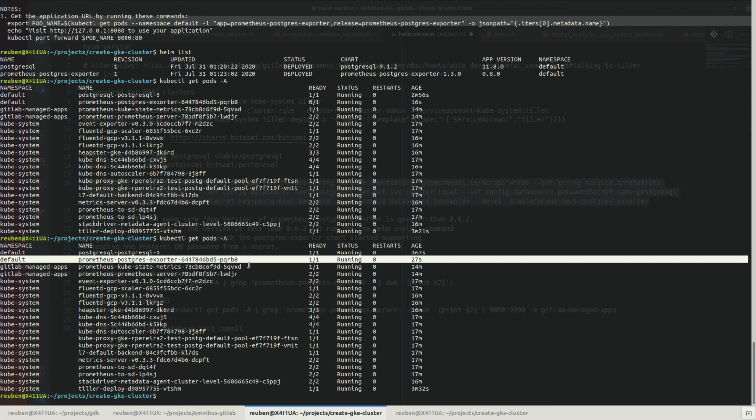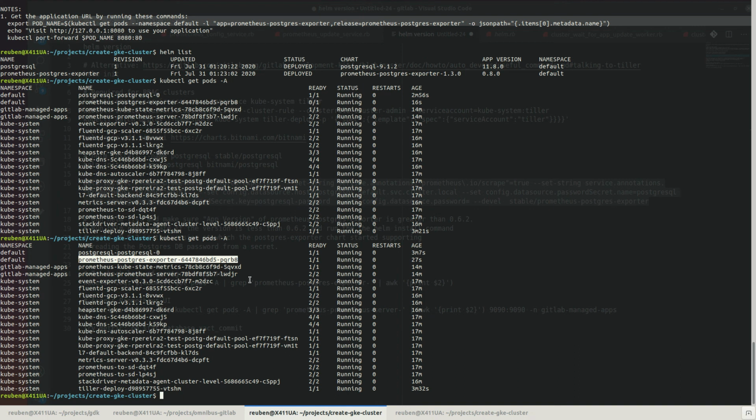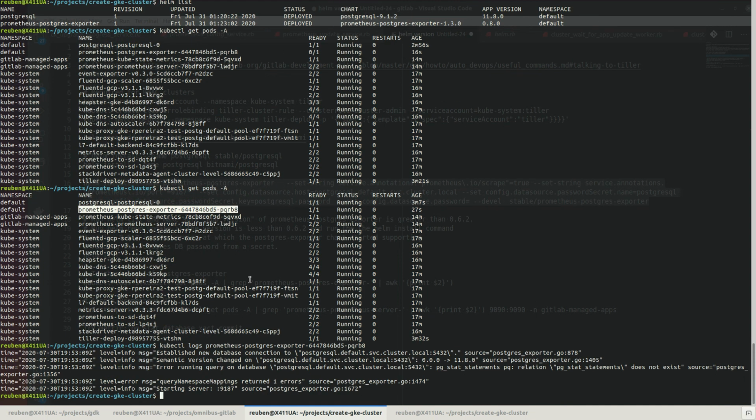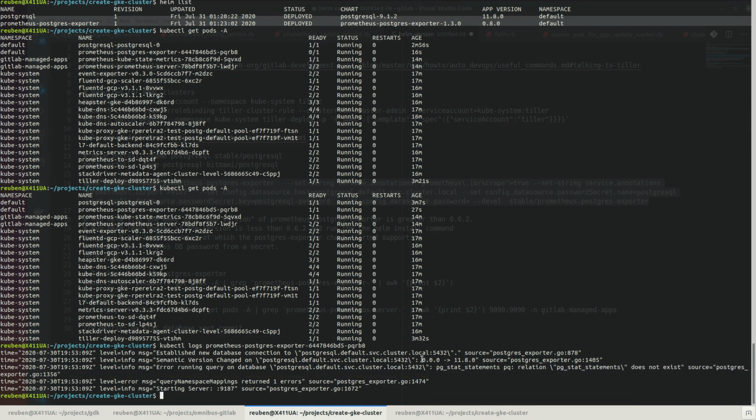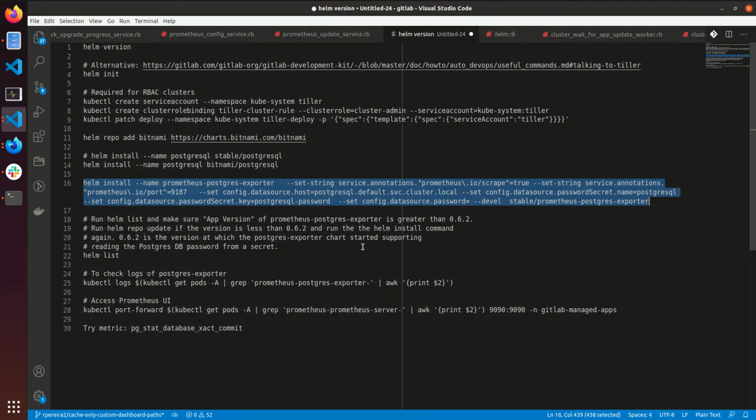So Postgres exporter has now been installed. Let's have a look at the logs. This shouldn't be a problem for our purposes. Okay, so let's have a look at the Prometheus UI.